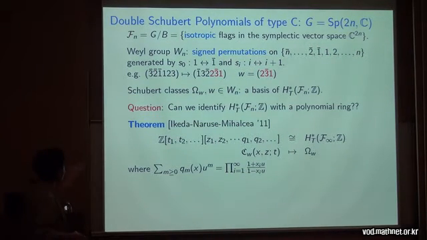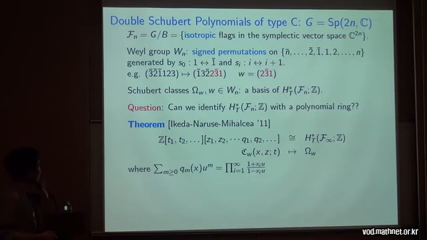Schubert classes are indexed by the elements of this Weyl group, and they become the basis of a cohomology ring. Now I'm talking about the equivariant cohomology ring, so when I say it's a basis, it's over a polynomial ring with n variables. It's the basic thing about equivariant cohomology. And the question is,